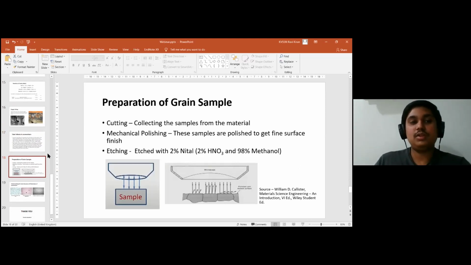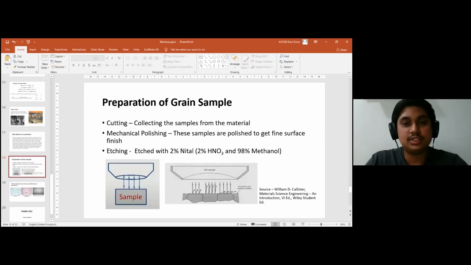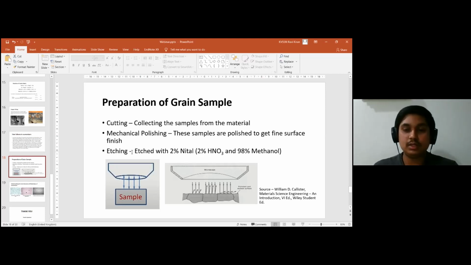So when we are talking about the study of grain structures, when preparing a grain sample for studying visually, it is very important that a small sample of the material be collected and then polished in order to see the grain structures properly. And for that, apart from mechanical polishing, etching is one such process which uses a chemical etchant,